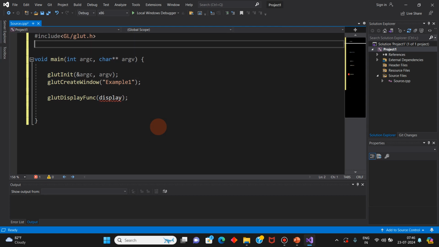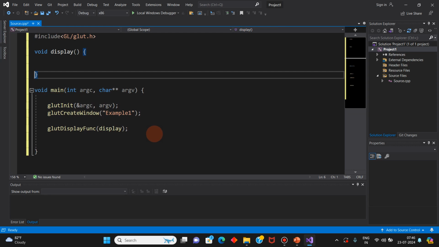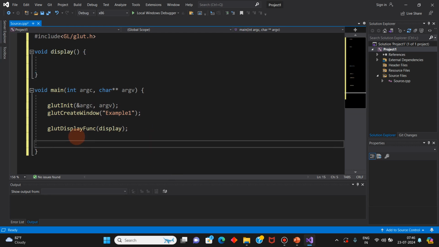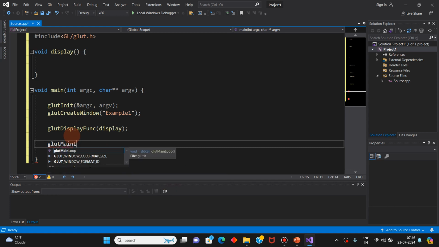We can write it above, after the include, with its signature as it looks on the outside. This is the callback function which would be called whenever you make some changes on the display window. Then we will start the OpenGL event loop with the glutMainLoop function.